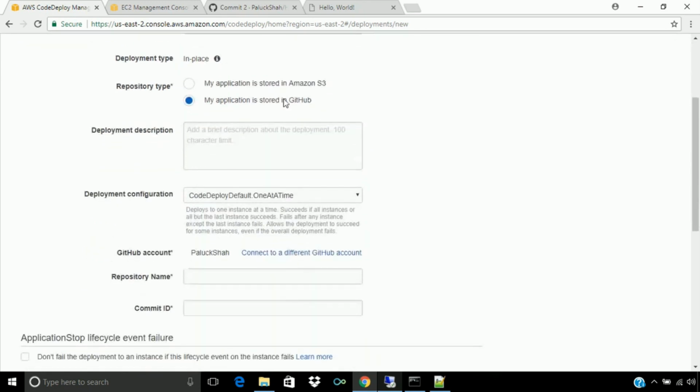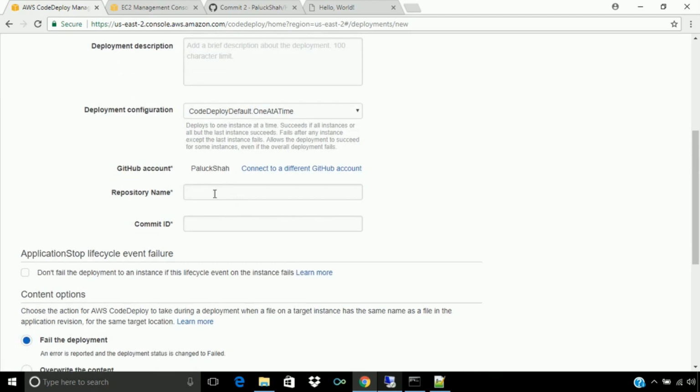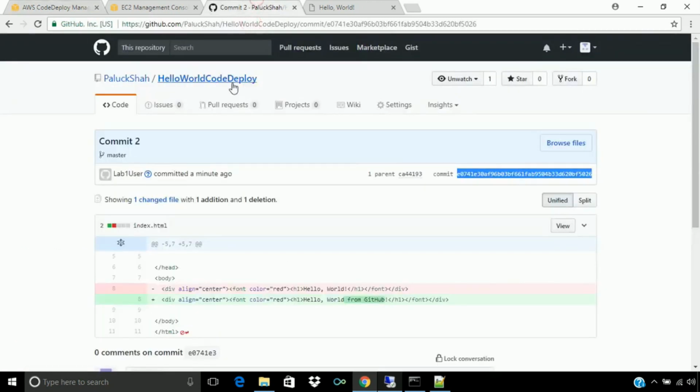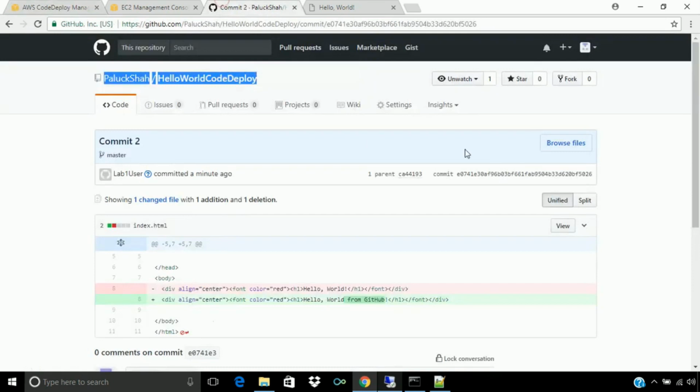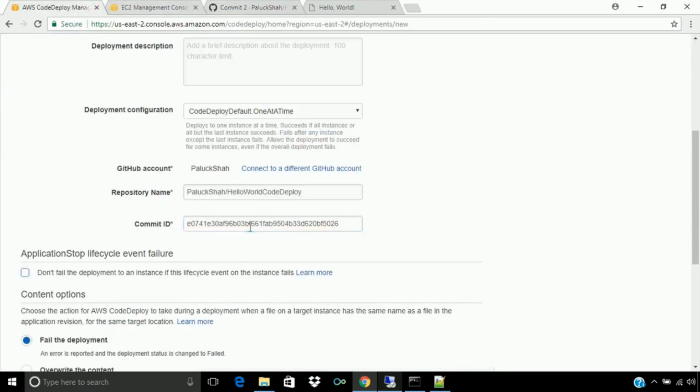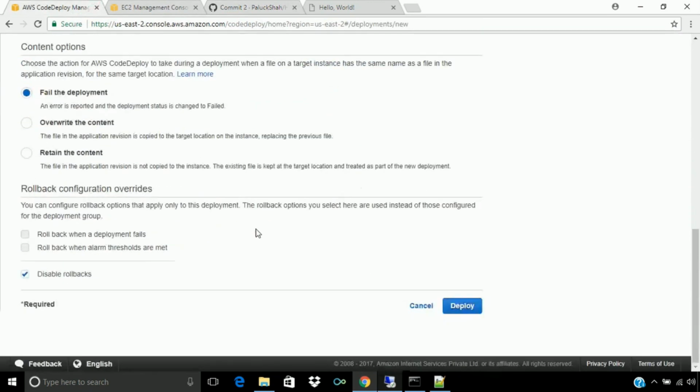We will select the code from GitHub. Here the repository name will be Hello World code deploy, and the commit ID will be our second commit ID. So this is our second commit. And now let's deploy.